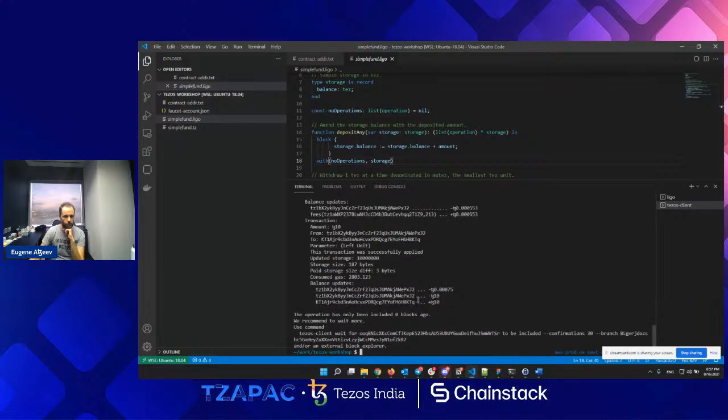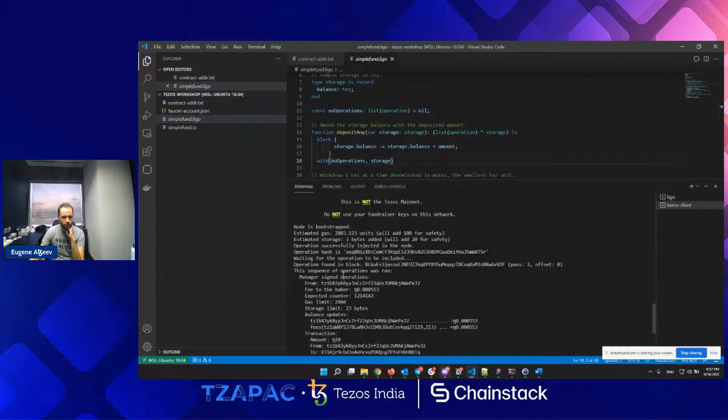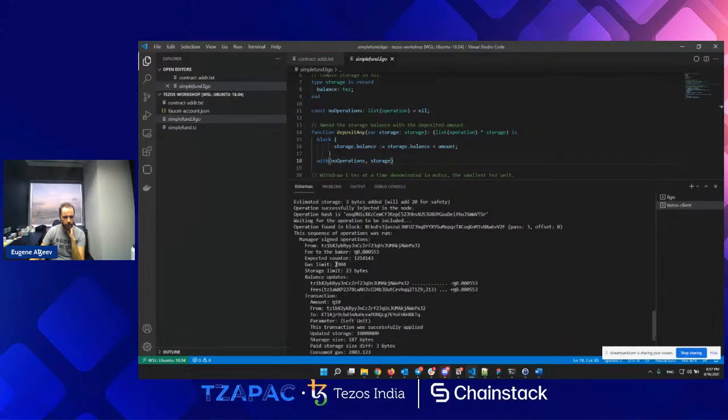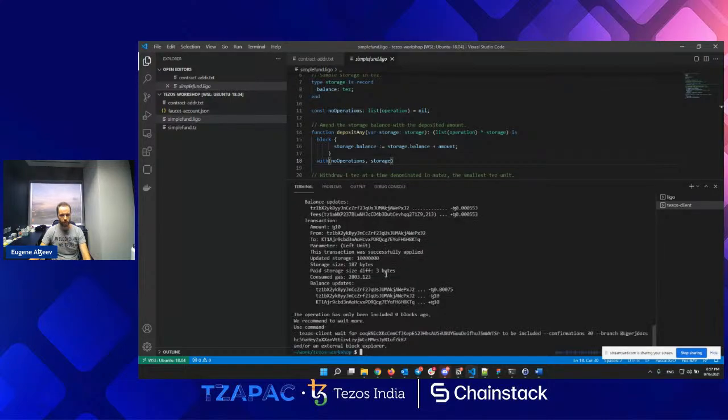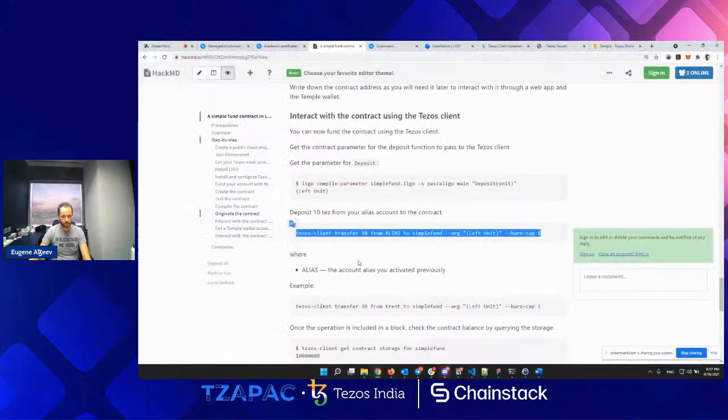It was much faster than before. Operation found in block, fee to the baker, gas limit, amount 10 Tez, pretty nice parameter that we specified. Okay, quite straightforward. So it looks like we funded the smart contract just now from our faucet account, which is pretty cool.